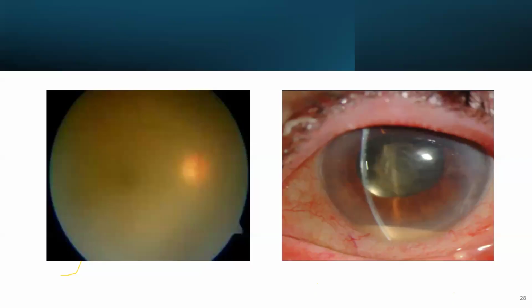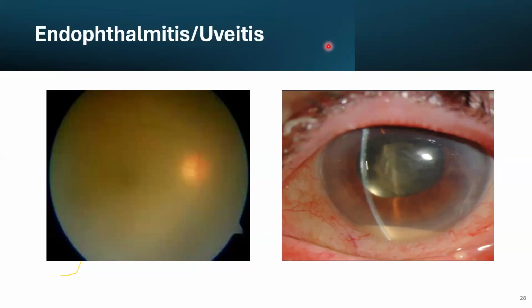If the patient had surgery or trauma a few days ago, think about endophthalmitis or uveitis. But if it is post surgery or post trauma, think about an infection in the eye, which is an emergency, and we call it endophthalmitis. And the treatment of that, tap and inject. Aspirate from the vitreous for culture, and then inject broad spectrum antibiotic.